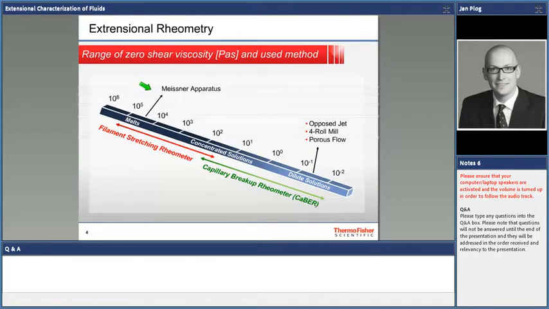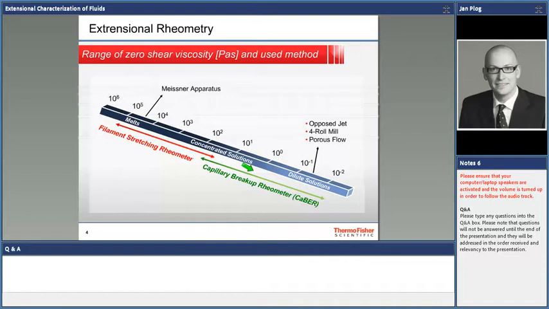On the high-end side of the viscosities, there have been different approaches. The Meissner machine is one. Some of you might have heard about the Münstedt device that was also commercialized back in the late 80s by Rheometrics. However, those machines only work for very, very high viscosities, very highly viscous polymer melts up to semi-solids. There was nothing really commercially available for the fluid area until the CaBER was introduced into the market, which is, let's say, roughly